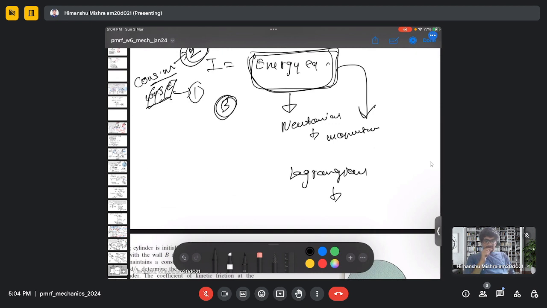There is something called action, which is given in terms of the Lagrangian and some integration. You can write the Lagrangian in terms of kinetic and potential energy. You say the action is stationary, and from this you are able to write down